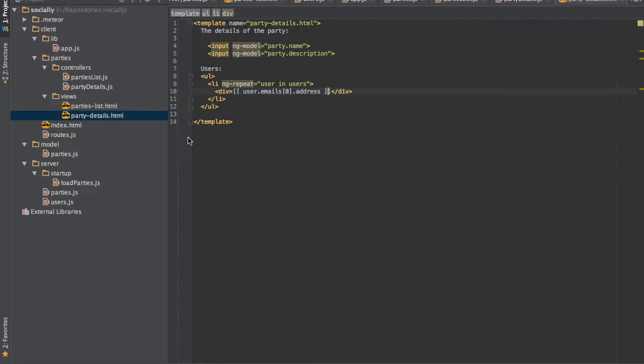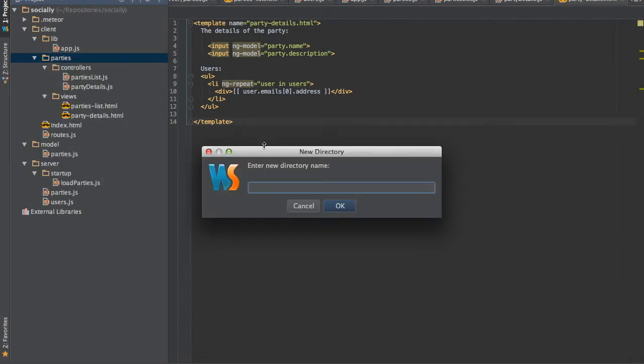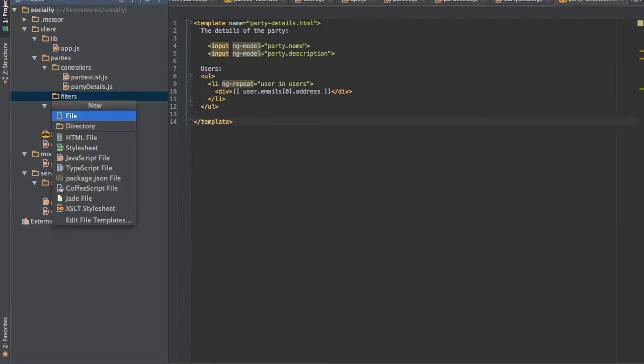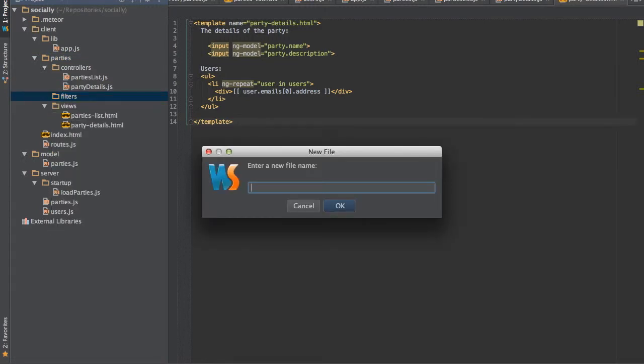Now the next thing we want to do is to filter those users into only the users that we can invite. The users that we can invite are the users that are not ourselves, are not the owner of the party, and are not invited already. So let's write a new filter. This is a filter that is specific to parties, so let's add it under parties. Let's add a directory called filters. And let's define a new filter and let's call it